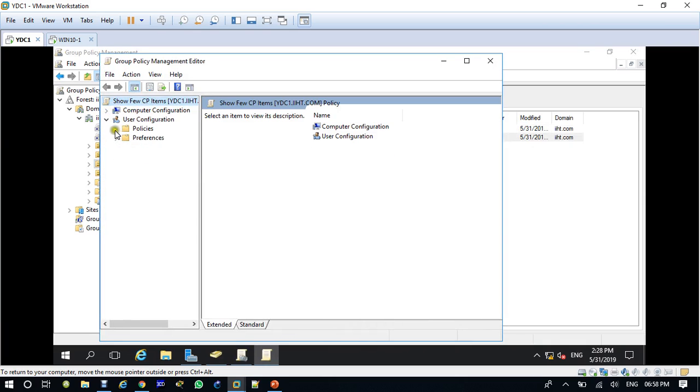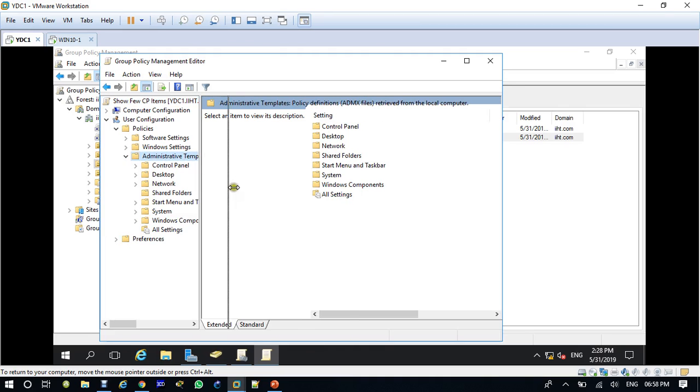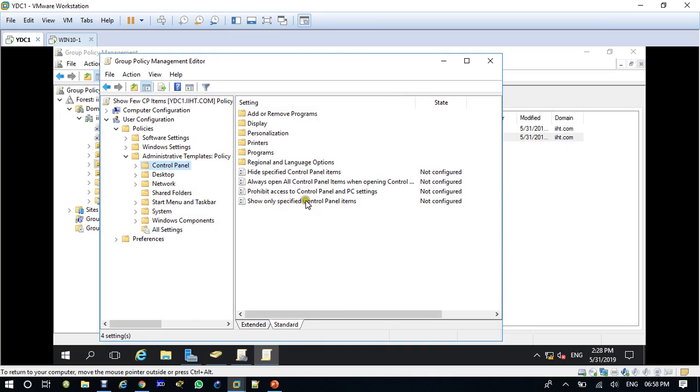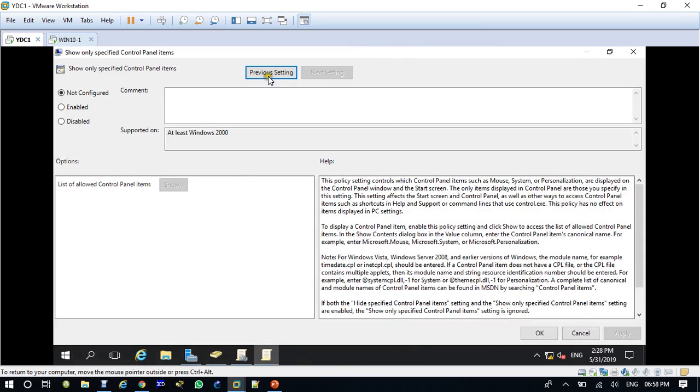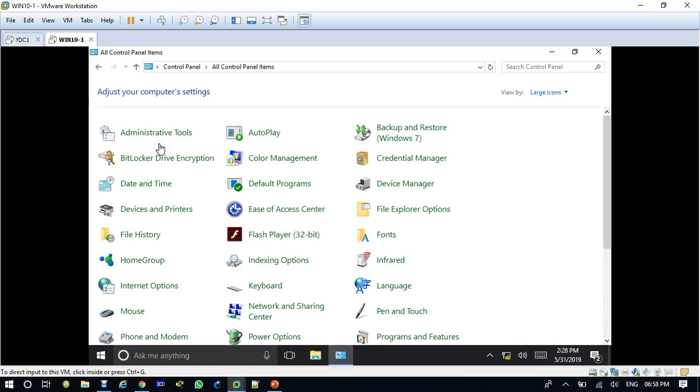Same here, user configuration, policies, administrative templates, and then I'll come to control panel, and here you will see show only specified control panel items. Then open it, and then come here to enable, click on show. So here I am going to tell him that okay, you will be able to open date and time.